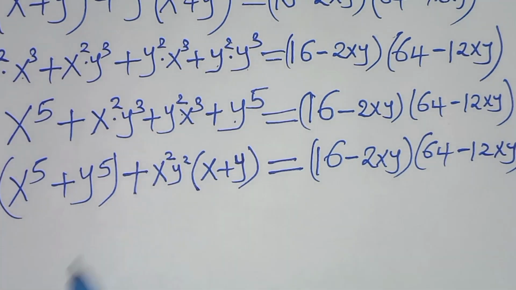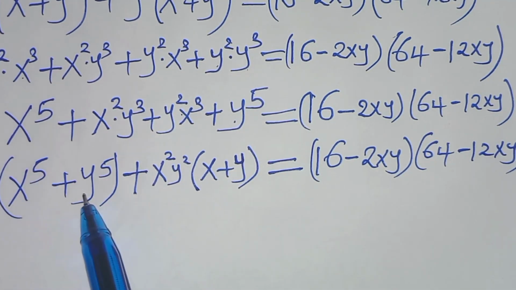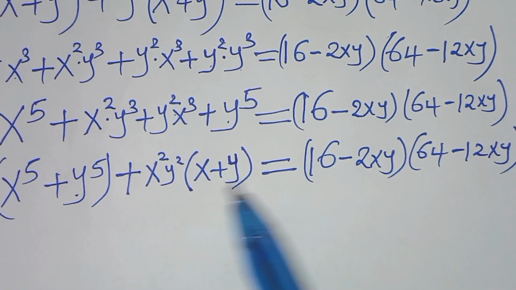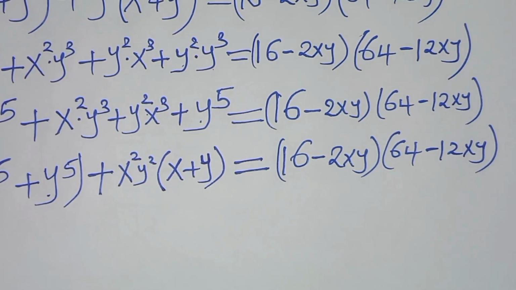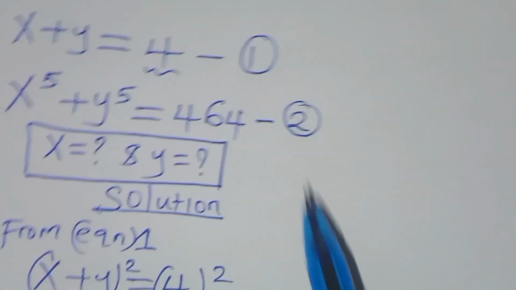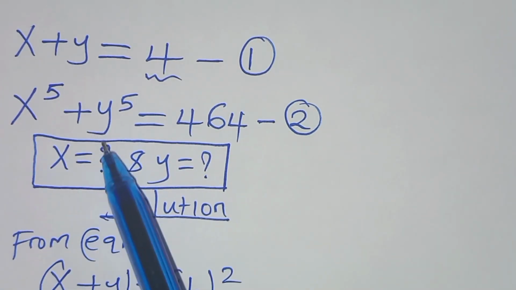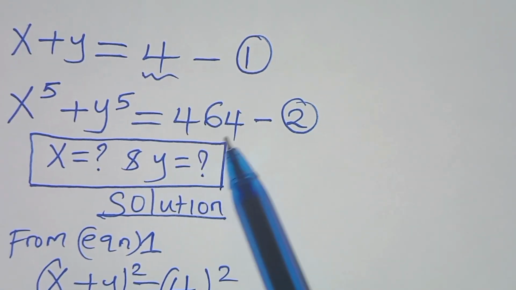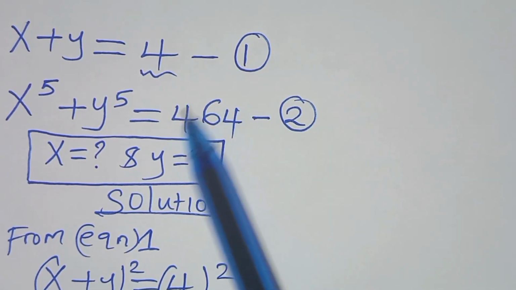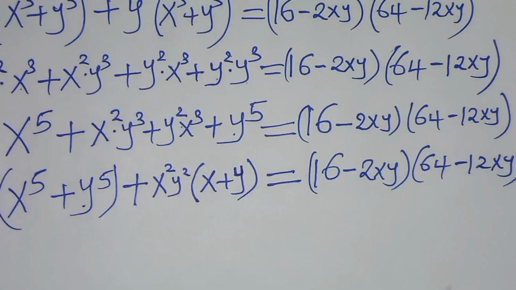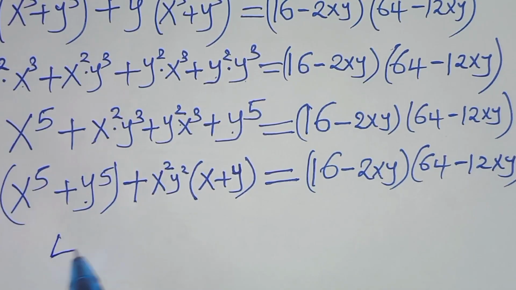So we have that x to the power 5 plus y to the power 5. This is what we have in equation 2. Equation 2 here: x to the power 5 plus y to the power 5 is equal to 464. So let's substitute 464. So we have 464